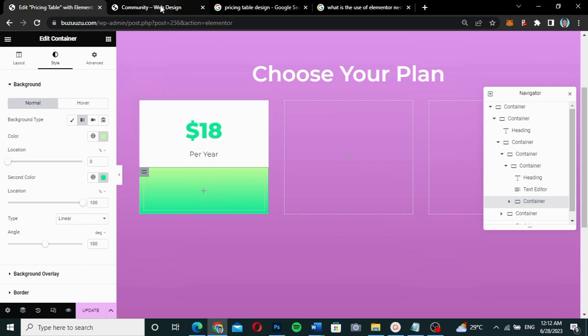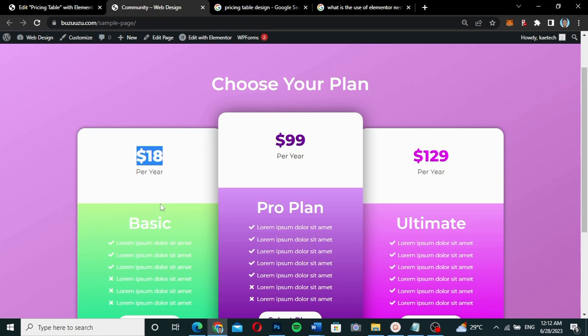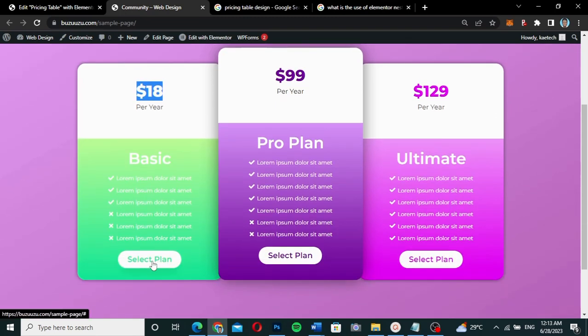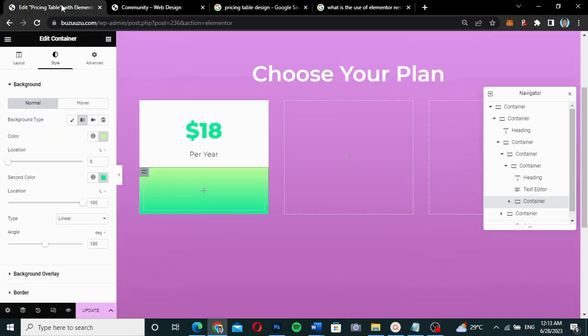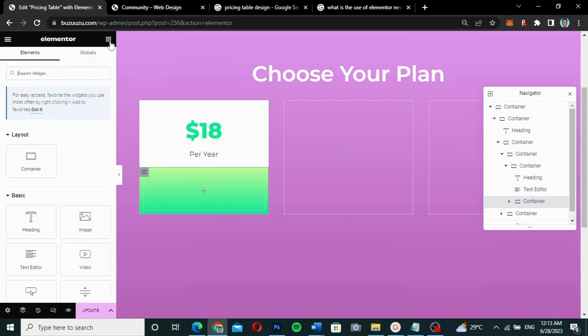Now what do we have over here? Let's see how it looks like. So this one says basic. Okay, so we have basic, we have some list of items over here, then we have a button. So that's exactly what we're going to see. So we'll go over here, and then what we're going to do is we're going to drag this one into it,